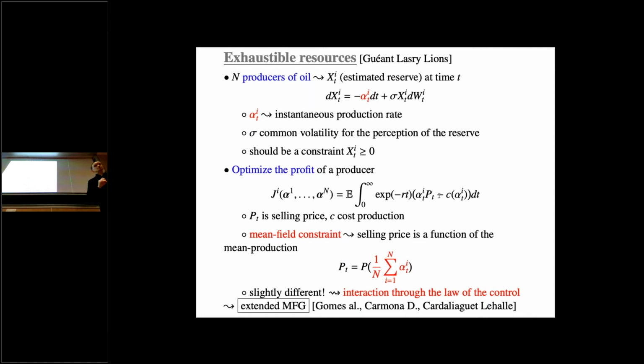The key point would be to say, well, the instantaneous price of oil could be given in terms of a function, let's say of the demand. Here there is no demand, but there could be the demand. I'm going to come back to this next. And the instantaneous production in the population. So this would be a baby model. And if I do this, I'm going to see the price as being a function of the aggregate production at the same time t. And so now you see that there is a big interaction between the individuals,